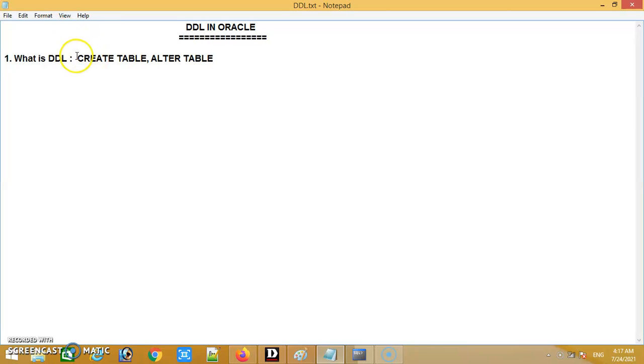So I will write it like this. What is DDL? DDL stands for data definition language. For example, number 1, create table is a DDL, number 2 alter table, number 3 drop table, number 4 rename.